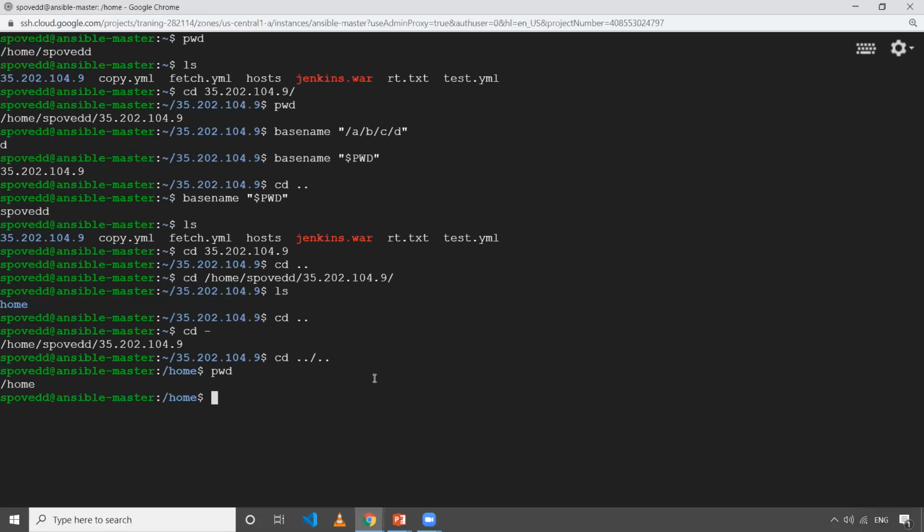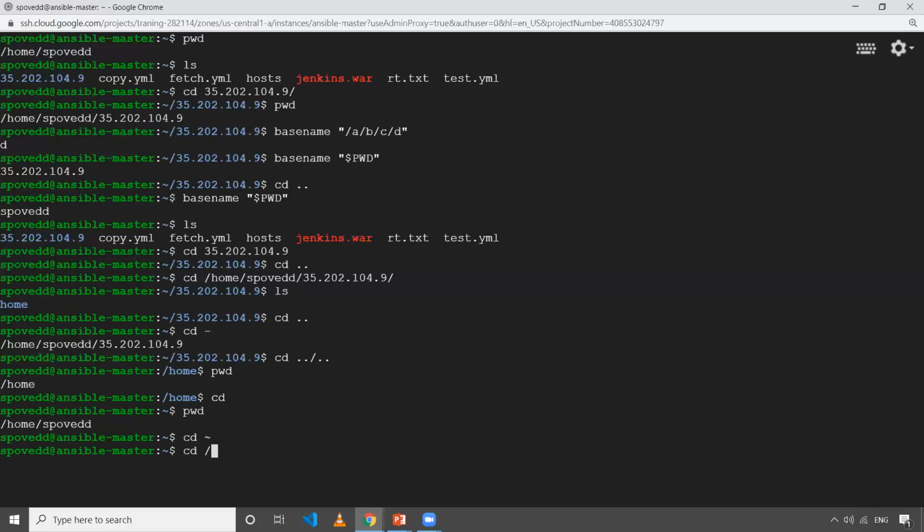Let's say you are in some directory and you want to go back to your home directory, the user's home directory. At that time you can type cd, and you'll go back to the home directory of that particular user. This is my home directory for this particular user, so that's the reason I'm here. We can also use the tilde symbol to come back to the home directory. Either type cd, or type the tilde symbol, and you'll go back to your own directory. If you want to go to the root, you need to use cd /, so you'll go to the root.